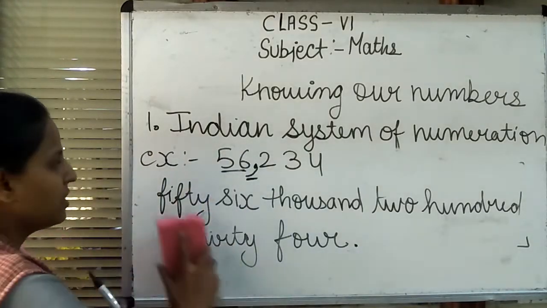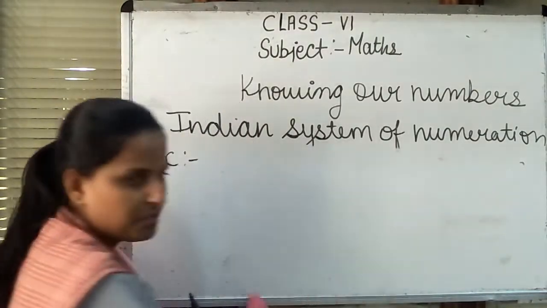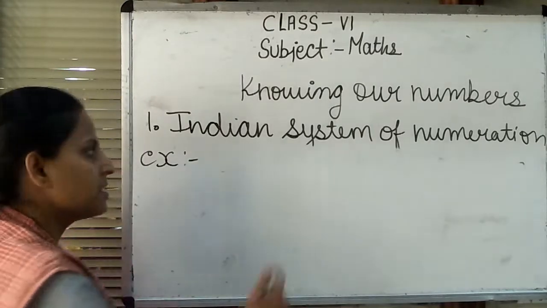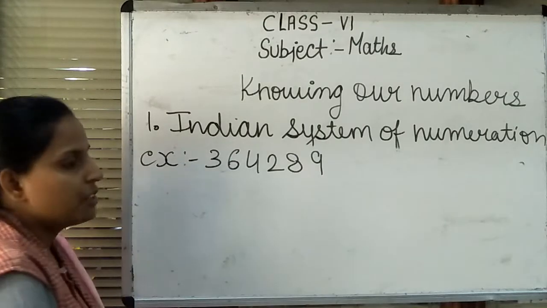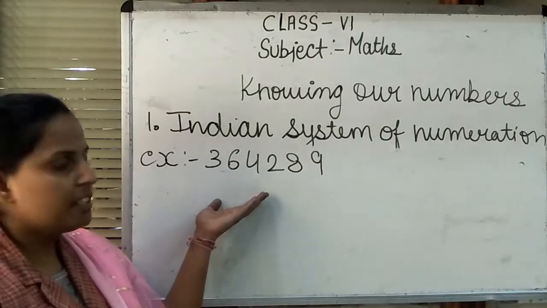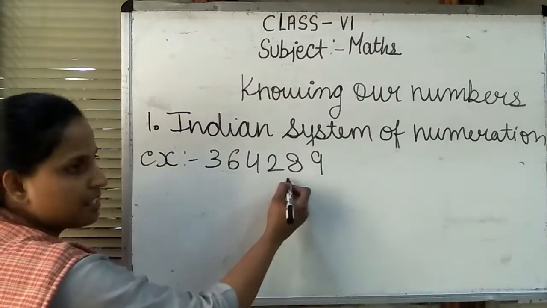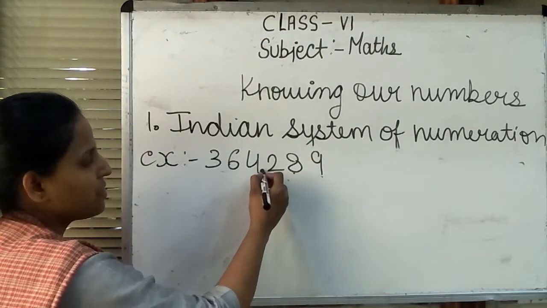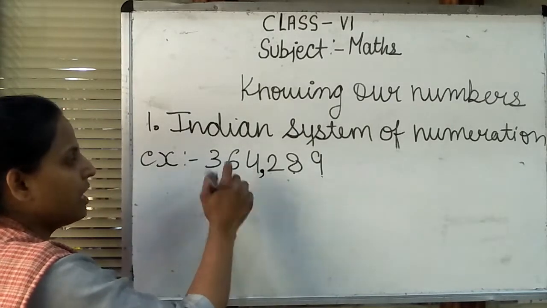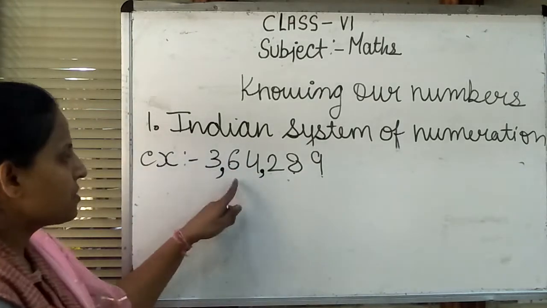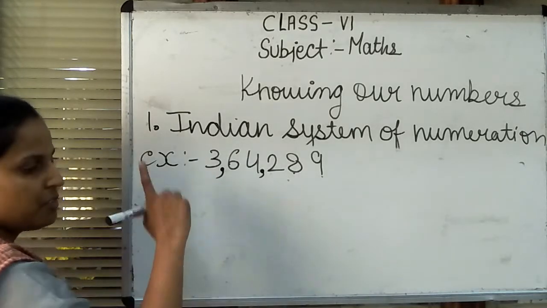the Indian system of numeration. Now I am taking another example, a 6-digit number. That was the 5-digit one; we move to the next 6-digit number: 3, 6, 4, 2, 8 and 9. Now we first want to write the name. Before writing the name, we put the commas, from the right side of the number: 1, 2 and 3. The first comma is placed after the 3 digits. The next comma is placed after 2 digits, so 1 and 2, and again we put the comma here because the next number is present here.